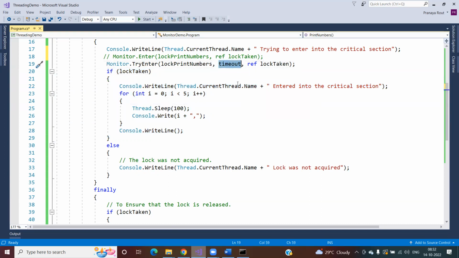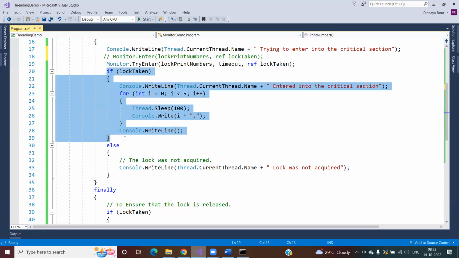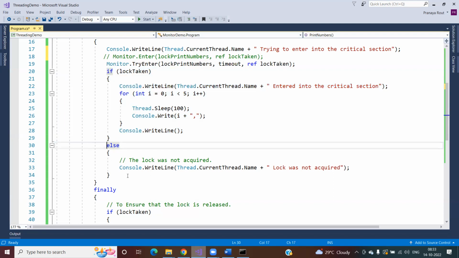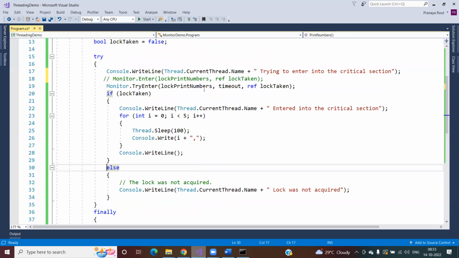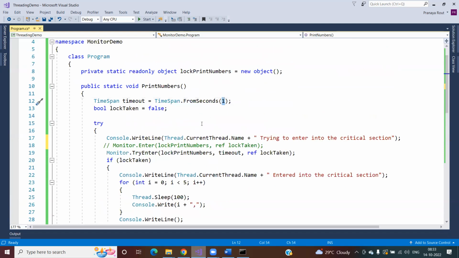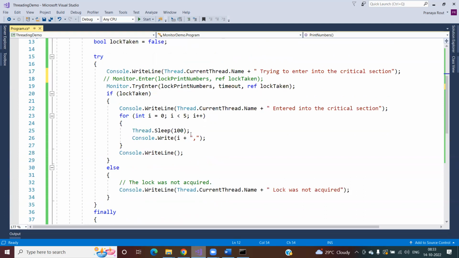Whatever time period we have specified, the thread will only wait that amount of time. If in that amount of time they do not get a chance to acquire the lock, then they will exit from the critical section, and the code that you have written here is going to be executed, right? In this case, you can see we are specifying 1 second as the timeout, and here it is going to execute, and here we are making the thread sleep for